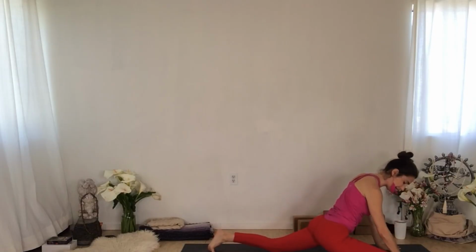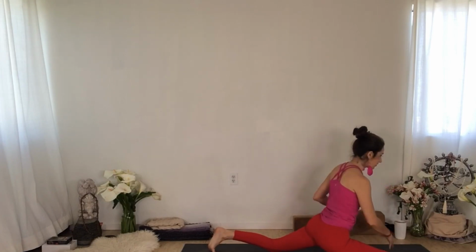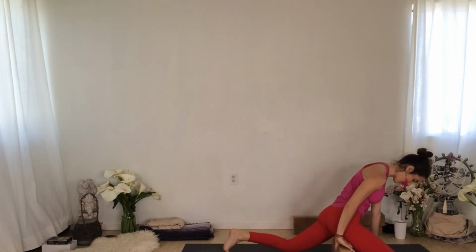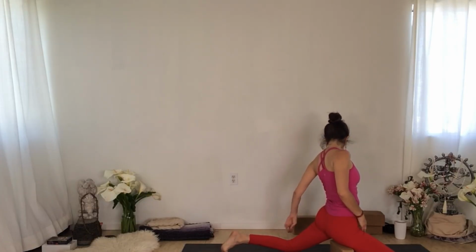Draw the right foot through, rotate out through the right hip. Angle from hip to knee, angle from knee to foot. Back toes tucked, and then I'm going to come way, way up. Up even higher than I might think I need to do. Then I go back, knee is on the mat, left inner thigh is drawn in,